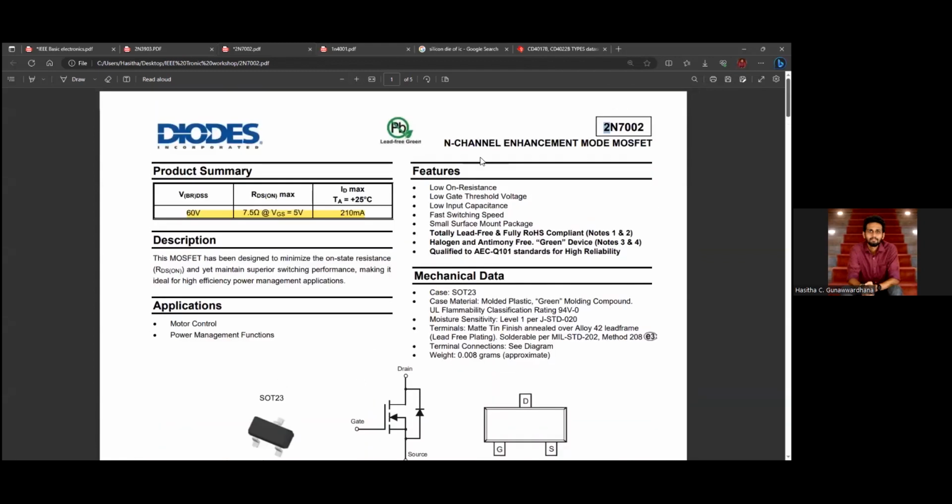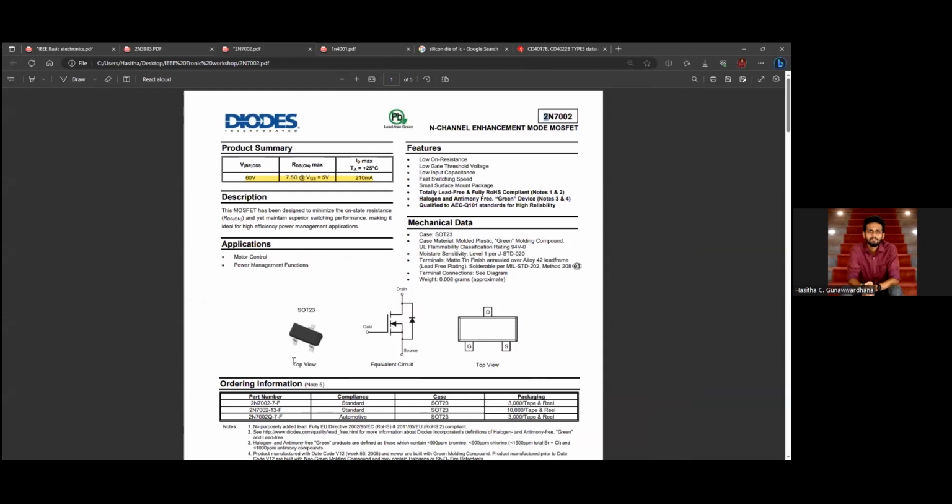So this is a MOSFET, but don't get me wrong. All of these type of devices are not MOSFETs. Other devices can also appear like this. So this is a very general purpose MOSFET. In here, as a summary, we can have the voltage value,